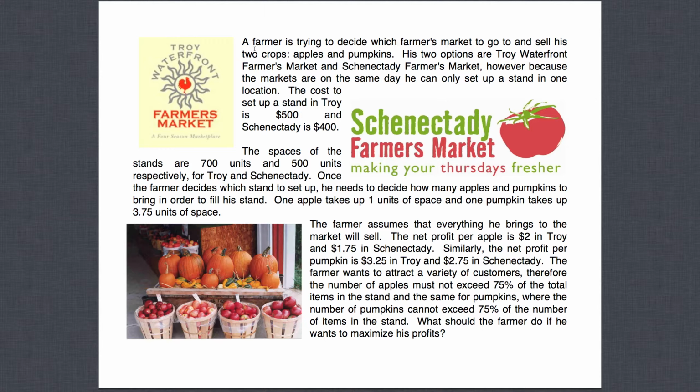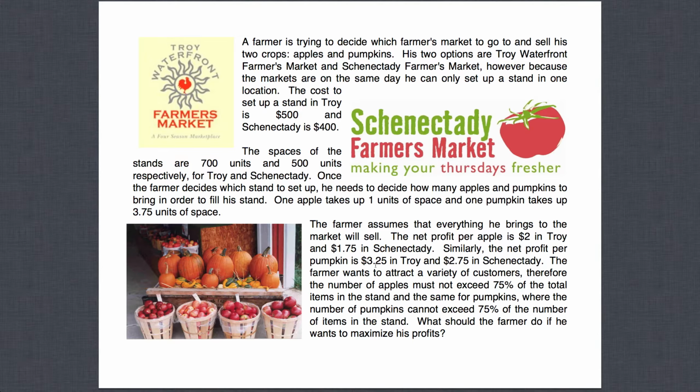The two farmers markets have setup costs to set up a stand at either location. So $500 for Troy and $400 for Schenectady. We're assuming this is a one-time gig. He's just thinking for this one day. The two stands also have different space constraints. There's 700 units of space in the Troy stand and 500 units in the Schenectady stand, where the different products that he is trying to sell, the apples take up 1 unit of space and pumpkins take up 3.75 units